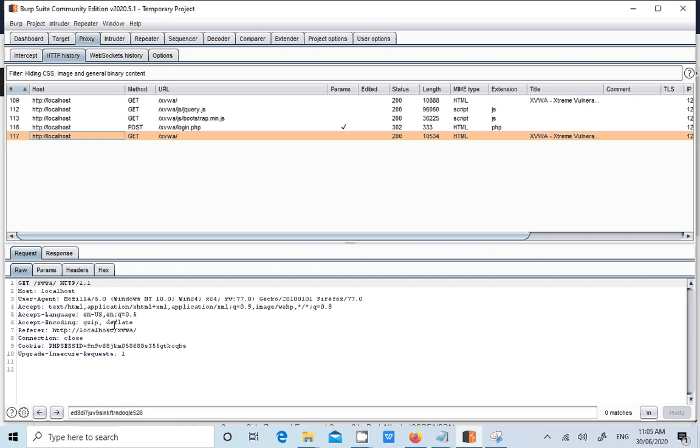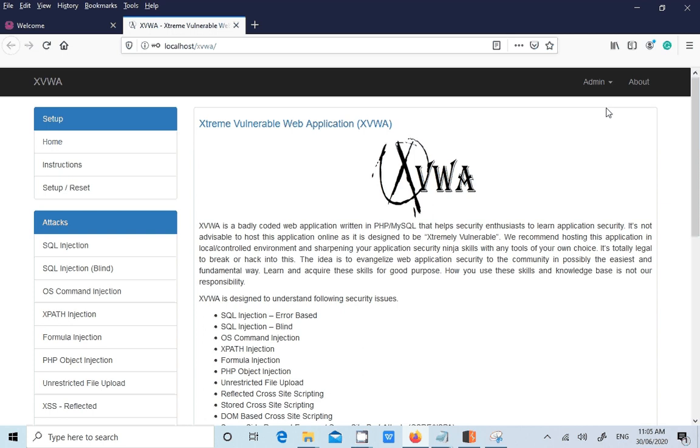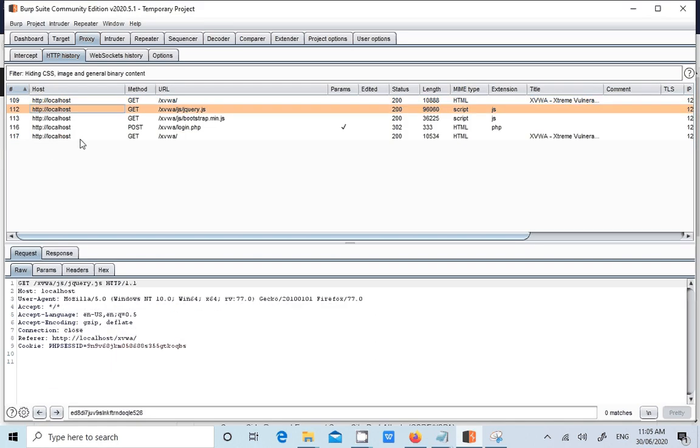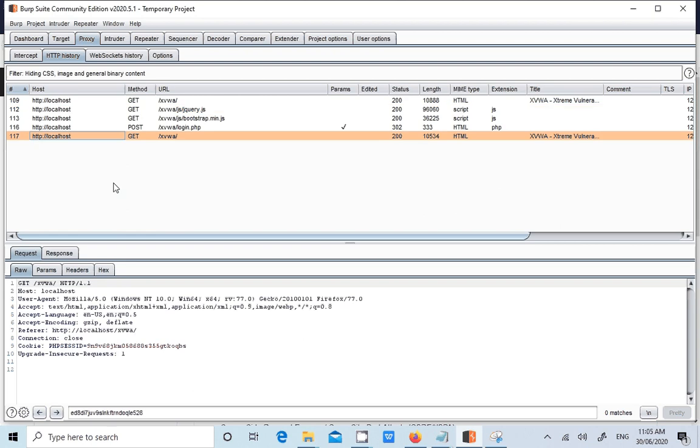Within the application, the developers did not implement a feature: after entering the username password, it should invalidate the session ID that was there on the home page, and then create a new session ID. They did not implement anything like that within the code guys. So this is it guys. In these applications we are not seeing it, but in the next lesson I'll try to create one web application.